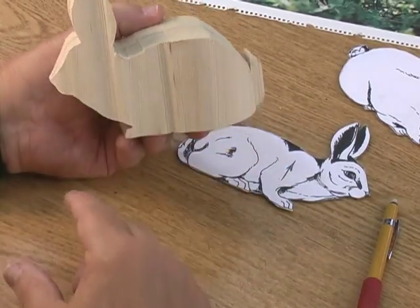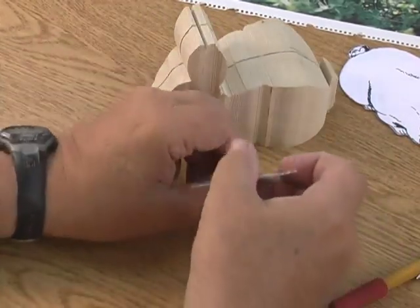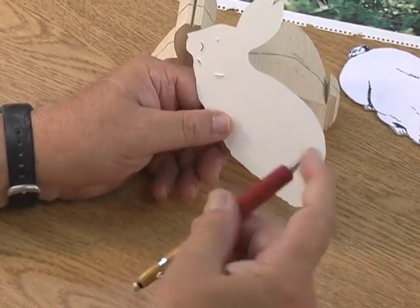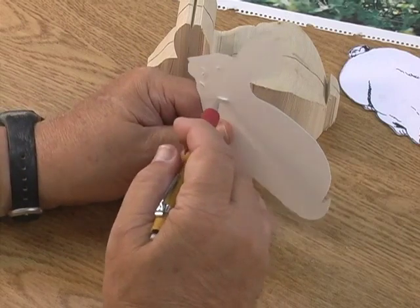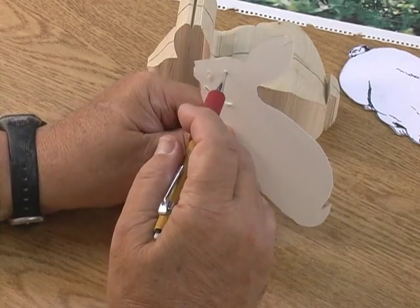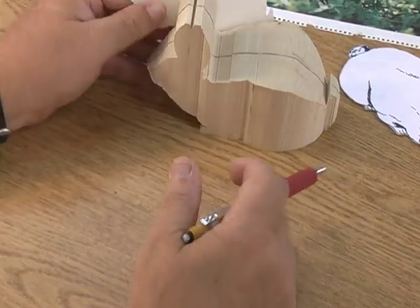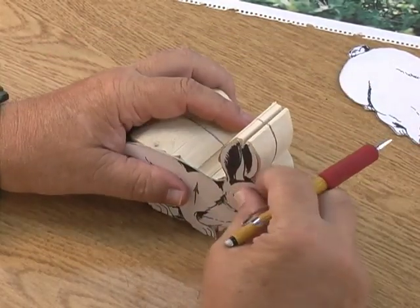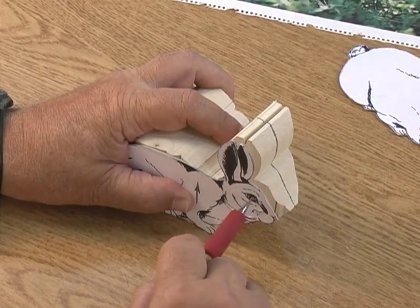I'll establish those. So we're going to start drawing these in. Now, a point I'd like to make on most of my templates where I have to get detail from side to side, I will cut out those sections where I need detail just enough to allow my pencil to go through. For example, where the eyes are, if I want to establish those from side to side. Now, if I've cut my blank out accurately, which of course we have, now all I have to do is set this here, and I can just poke my pencil through here